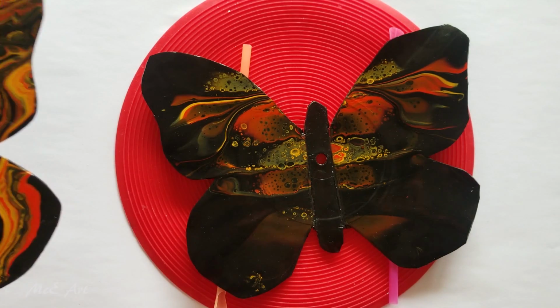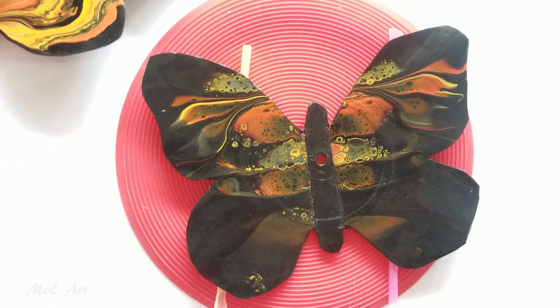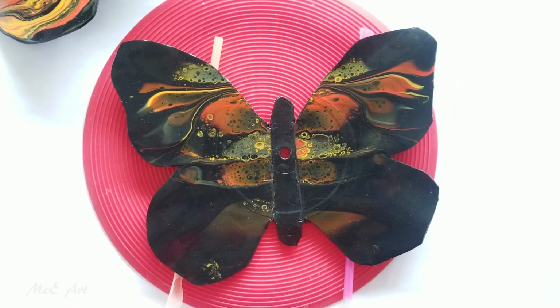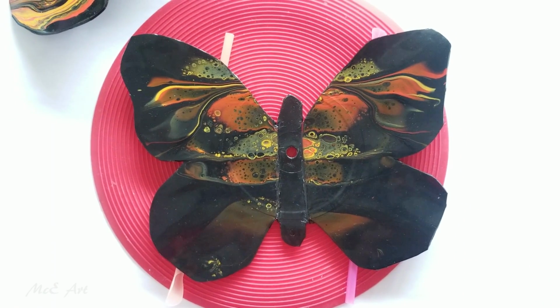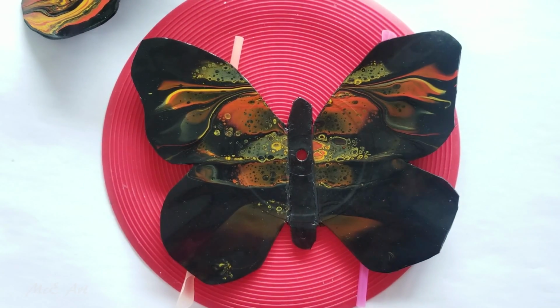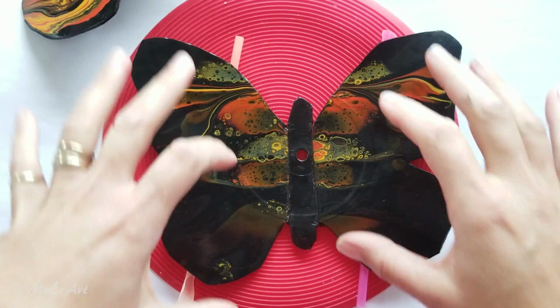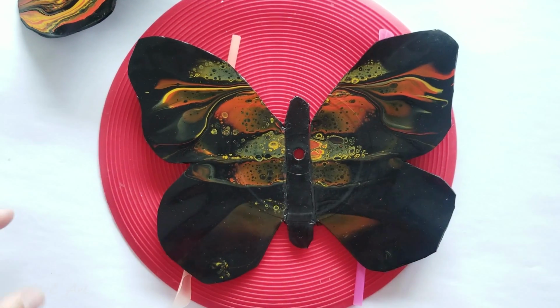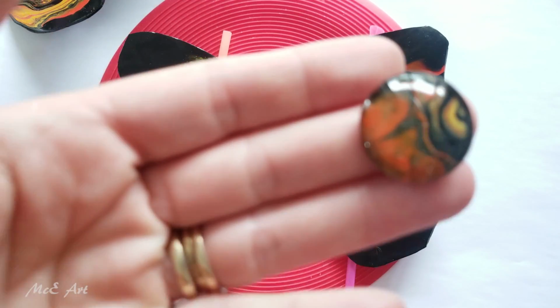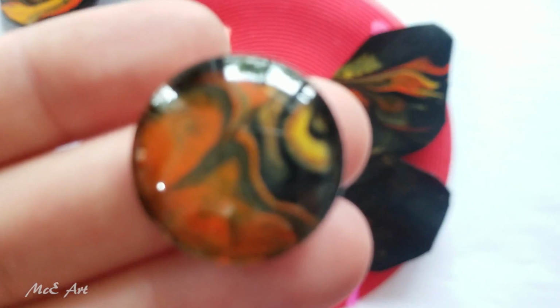So I've really enjoyed this little dude. Color wise, he actually looks like a butterfly because it's all the right colors. How does it get better than that? I mean, yes, it's different, but it's as close as you're going to get in acrylic pouring. And I just thought I'd show you